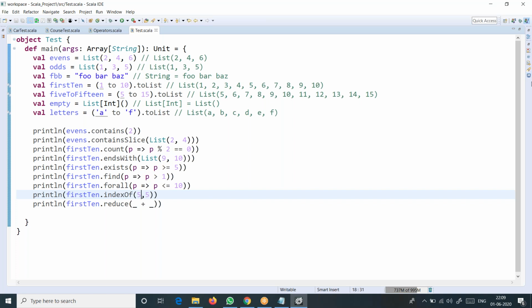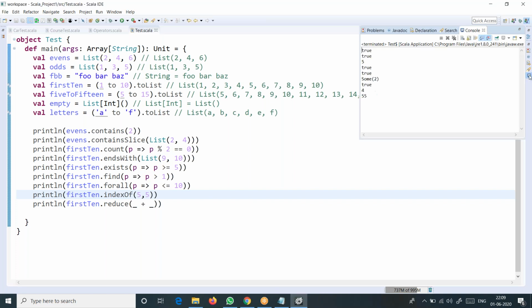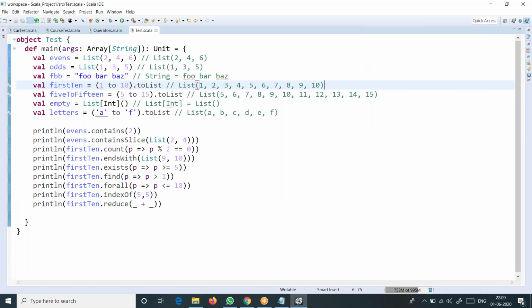The index of 5 is 4. If you have any doubt, you can check 1 to 10. Index starts from 0: 0, 1, 2, 3, 4. The index of 5 is 4.